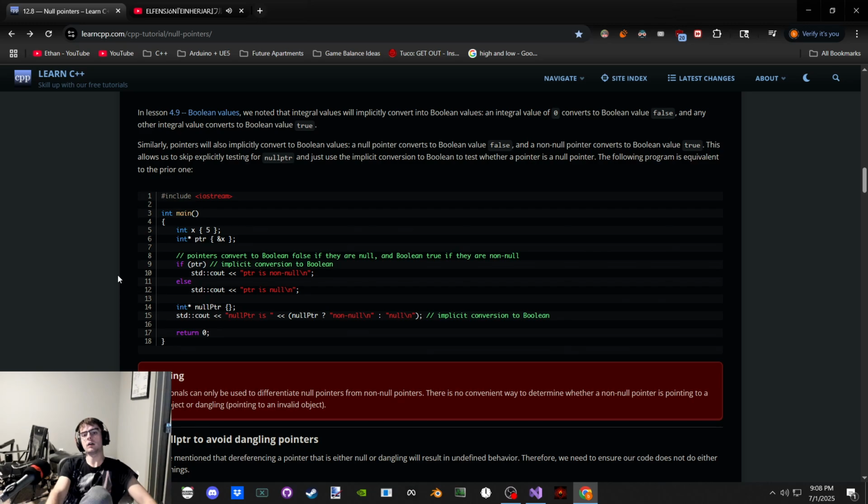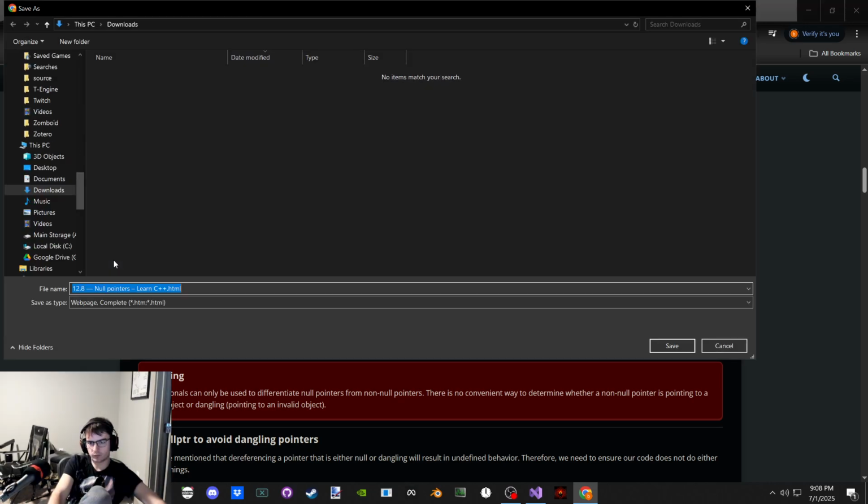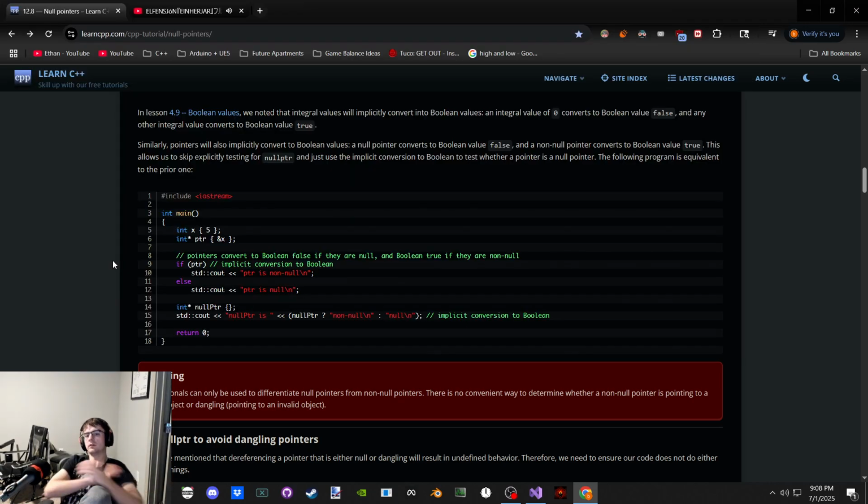Nice. Very nice. Man, I'm so tired I was doing Control Shift S to save the web page, which doesn't even do anything. Control S will, but Control Shift S doesn't. Reaction time is negative right now.